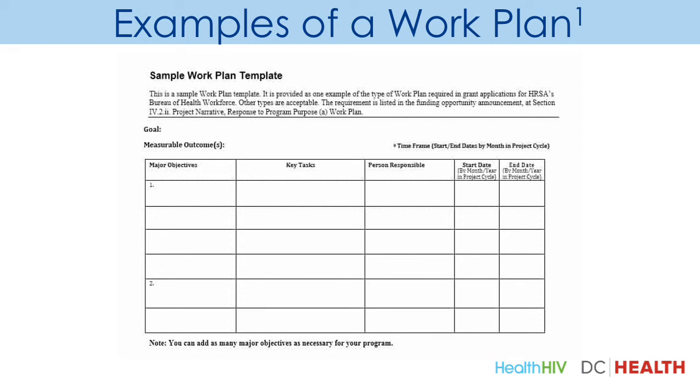The person who will be held responsible for ensuring that the objective or the activities are completed. You can put just one person in this column, but as the activities need to be completed, you can actually have a group of people work on completing them, but you can just list one person in the column who will be held responsible. This person will act as the point person, and they will be held responsible for making sure that the activities are completed. As you move down, the next column provides a space for the timeline, so you can put the start date of the key task and the activities, and then the anticipated end date.